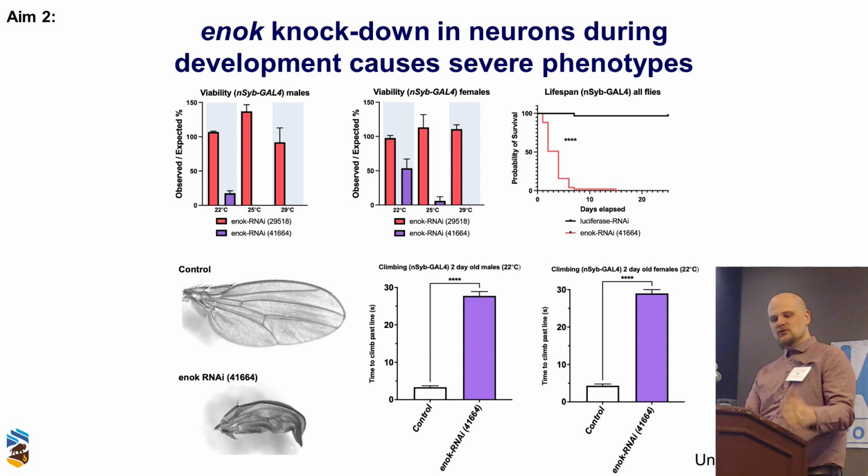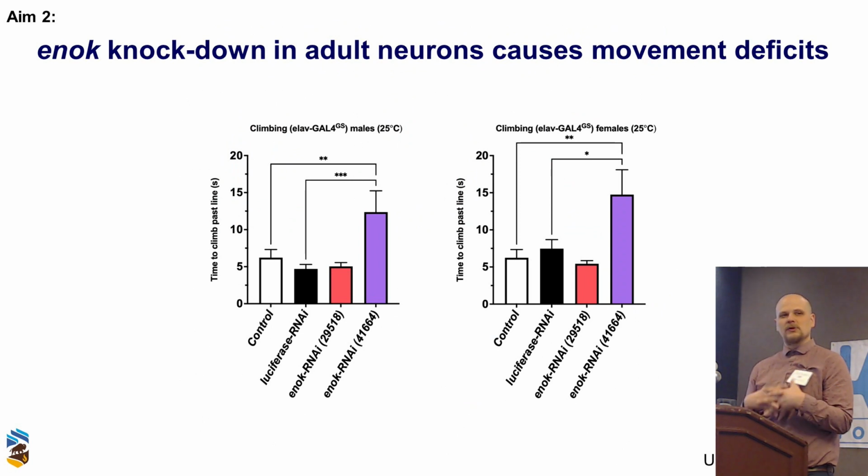And of course, likely due to the wing defect, these flies at 2 days old as adults cannot climb the side of the vials at all, whether they're male or female. And so this led us to this sophisticated strategy of let's induce the knockdown, meaning let's only remove the fly KAT6, ENOC, from adult neurons. Let them develop normally. And then once they come out, we put them on food with a drug that causes this genetic system that we use to knock down ENOC. And you can see in the purple, when we test their ability to climb, they take about twice as long to climb, whether they're males or females, at 20 days old. So this tells us that ENOC in the adult fly brain, even after development, has a role for proper